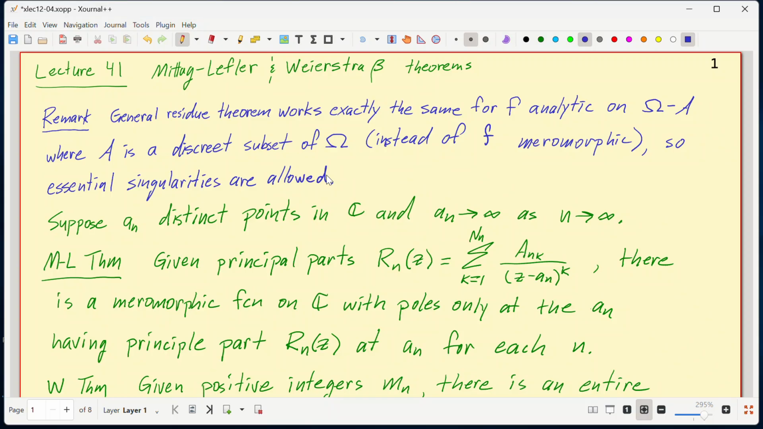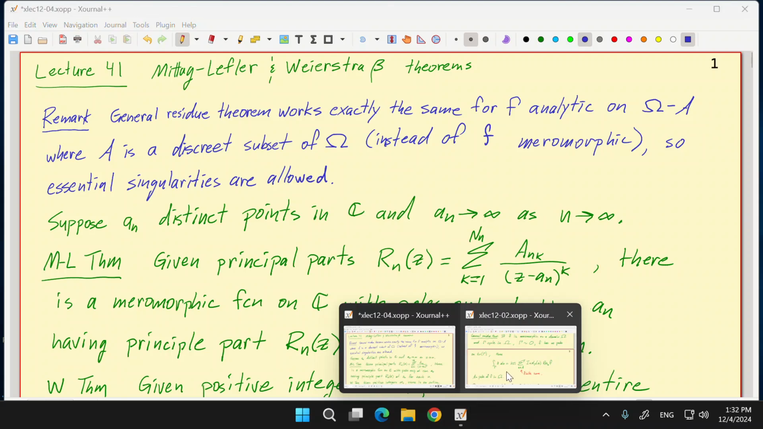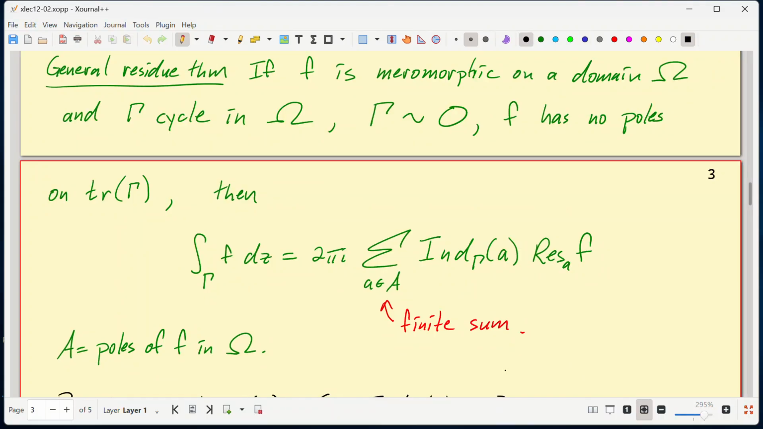Any questions about last time? So let me pull up the proof from last time and look at it. So the general residue theorem was about, I said f is meromorphic, but it could have essential singularities, so that would be okay. And I've got a domain, omega, and a cycle that's homologous to 0 in omega. And f has no poles on the trace of that cycle. Then the new residue theorem is that the integral around that cycle of f dz is 2 pi i times the sum of the residues, but they're weighted now by the index with respect to each of the points in